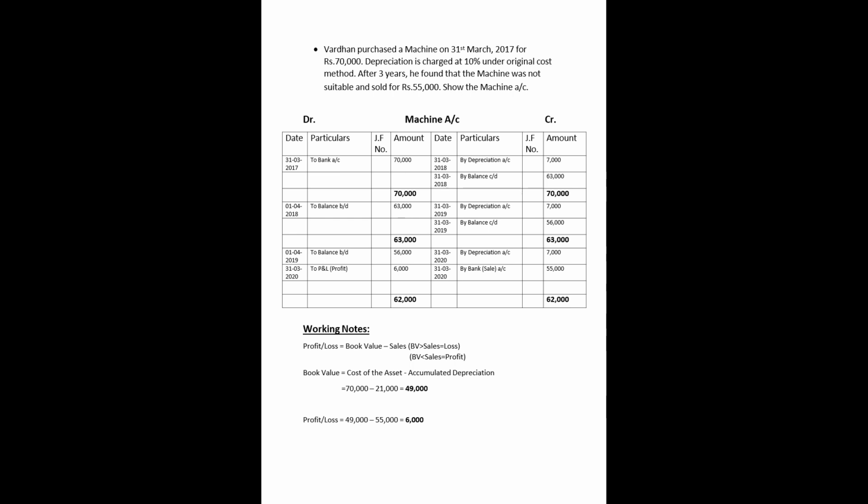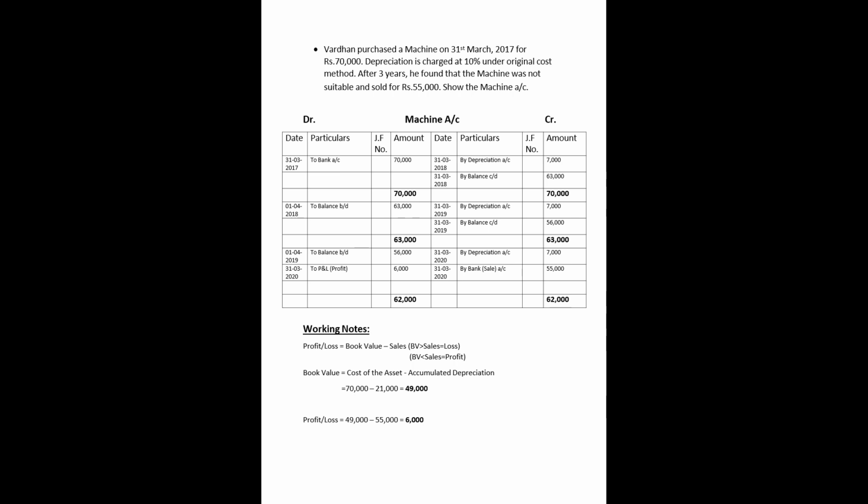Vardhan purchased a machine on 31st March 2017 for rupees 70,000. Depreciation is charged at 10% under original cost method. After 3 years he found that the machine was not suitable and sold for rupees 55,000. Show the machine account. First we'll put the format, then mention debit and credit, name of the ledger, machine account